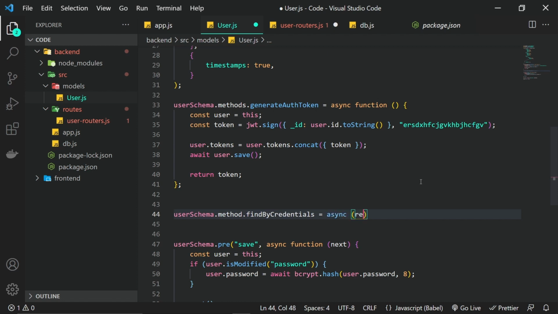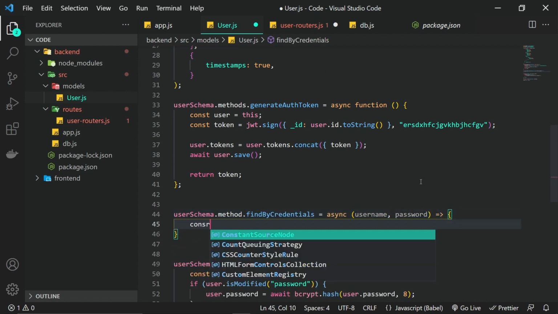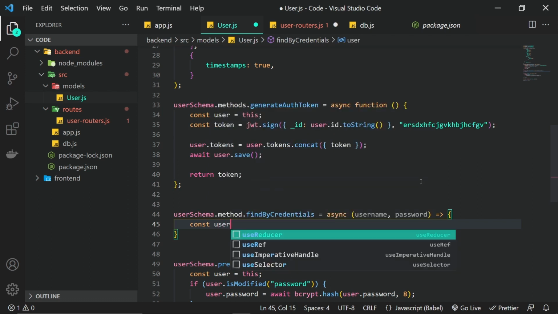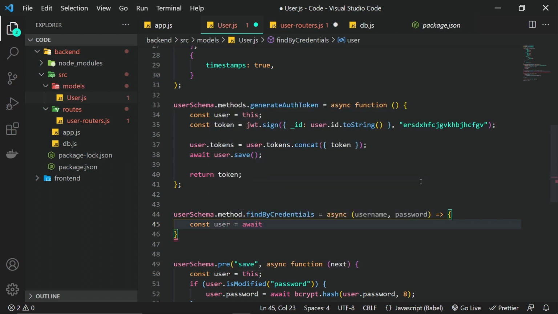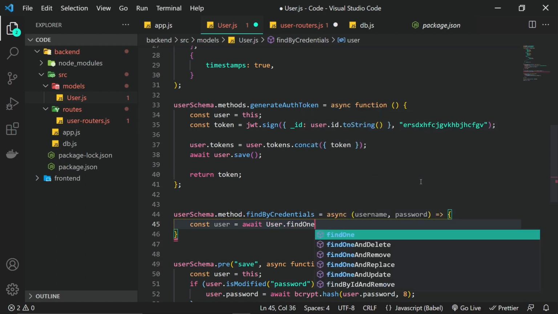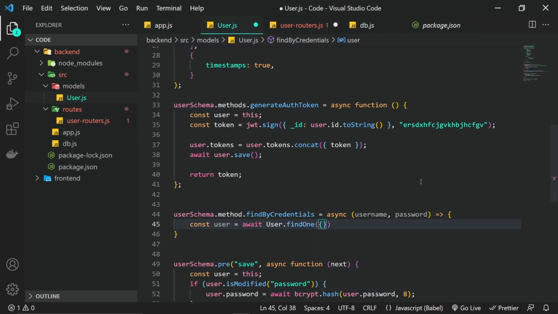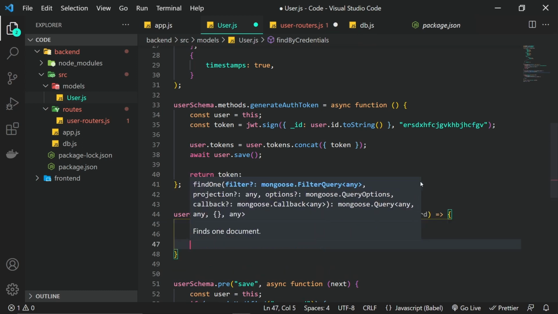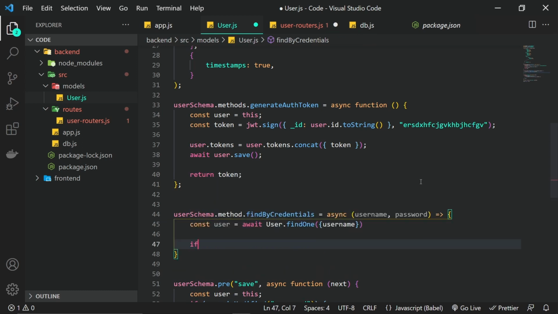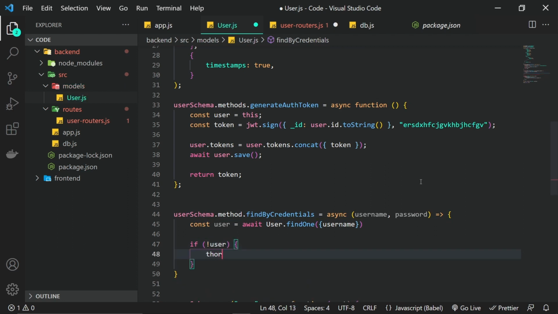Remember, we took two arguments, so the username and the password. const user equals await User.findOne. We need to find one user who has this username. If the user is not there, so if not user, we need to throw an error. So throw new Error,